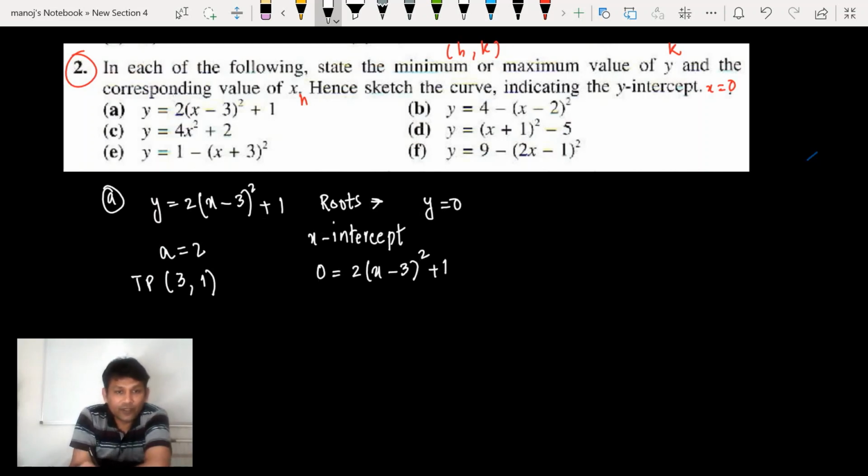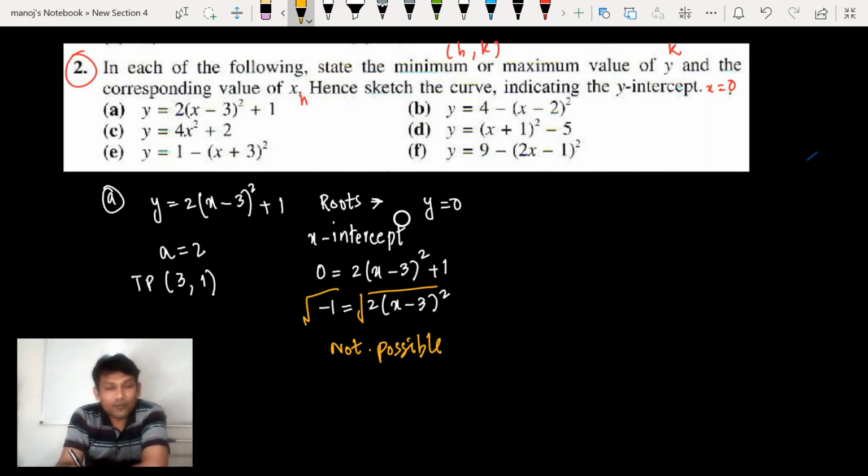This 1 is shifted to the left-hand side, minus 1 equals 2x minus 3 whole square. And after all, when I take the square root on both sides and divide by 2, this is not possible because a negative square root is not possible. So it means